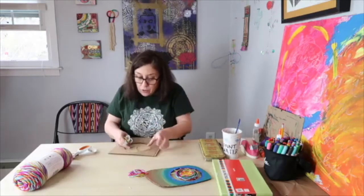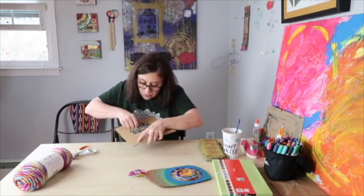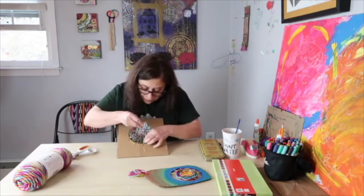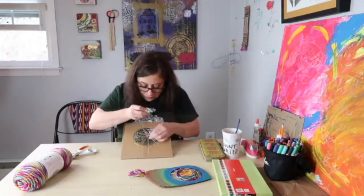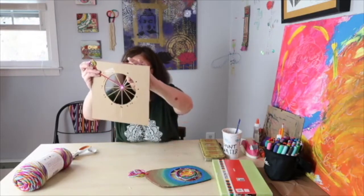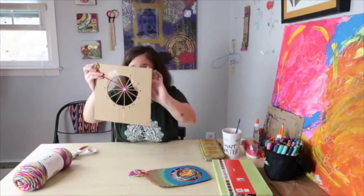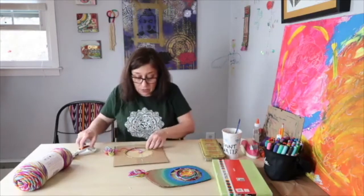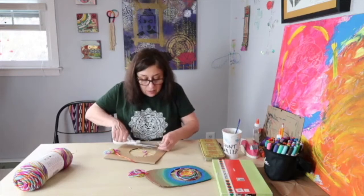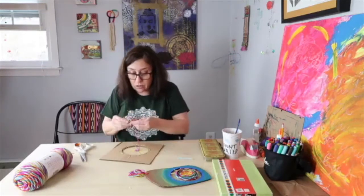So I'm over, I have to go under, over, under. So I'm going to go over this one, under this one, over this one, under this one. And as I go around, I am ignoring this extra thread, this extra piece of yarn is not one of the warp threads. So I am not going under it or over it. I'm just completely ignoring it. And right now I've gone around enough times that I could probably snip it right close to the back. And it's gone, and I can continue to,